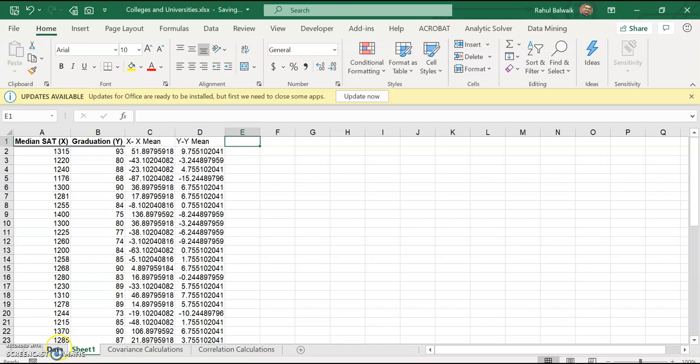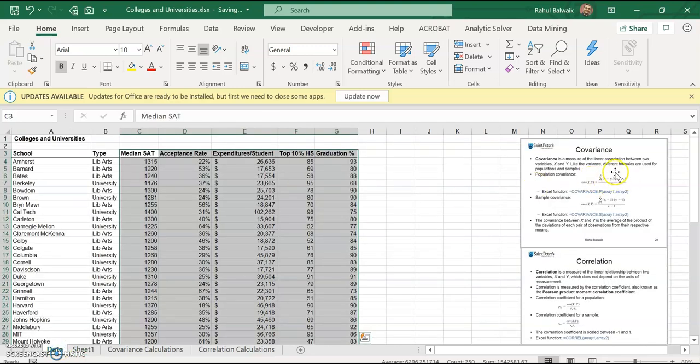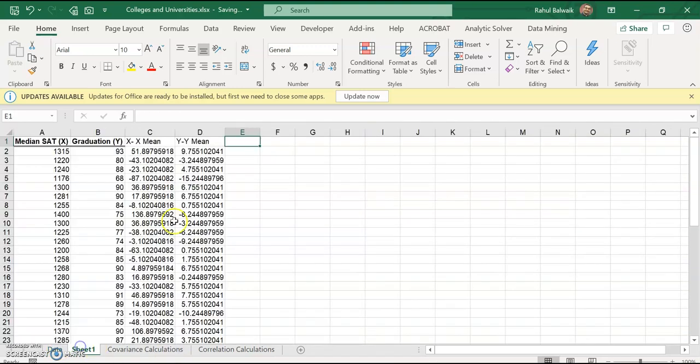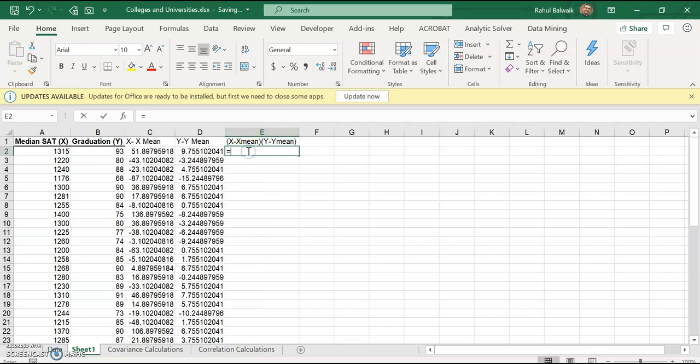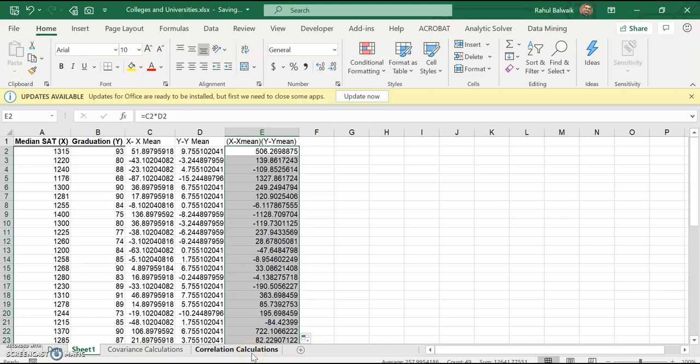Next, according to the formula, I have to determine the sum of their multiplications. So let's multiply x minus x mean and y minus y mean together. So this is the value of the multiplication.